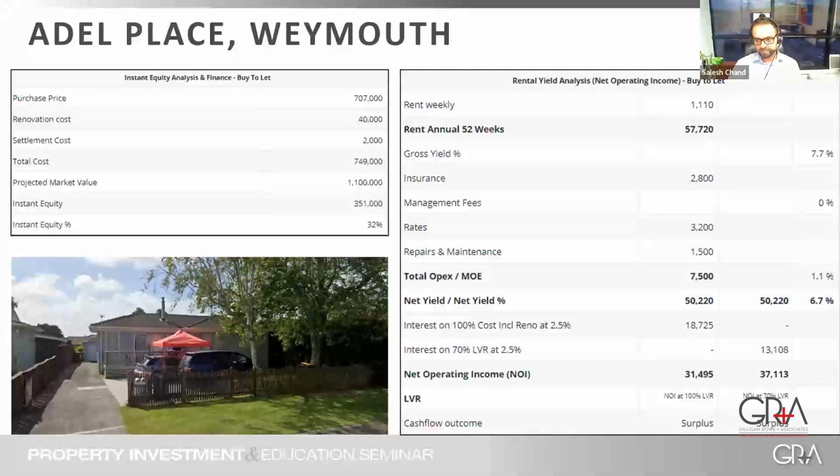70% geared at $13,000 or 80% at $18,000, but 100% at $18,000. So we are 70% geared. So we're getting $37,000 passive income. Now, because we fixed the interest rate for 5 years, all this money we're getting, this $37,000, we're putting it back in and paying off our debt as fast as we can, right? So that's what the game plan here is, to pay off the debt as fast as we can.